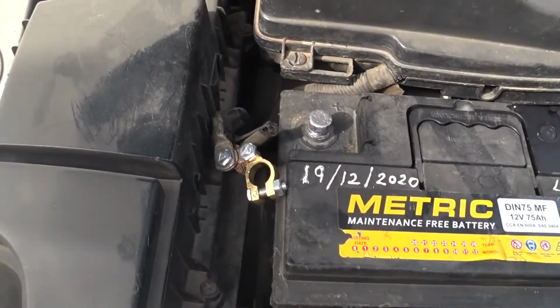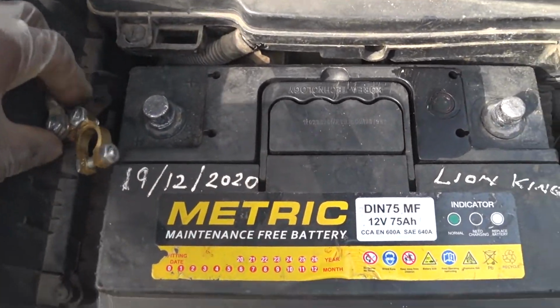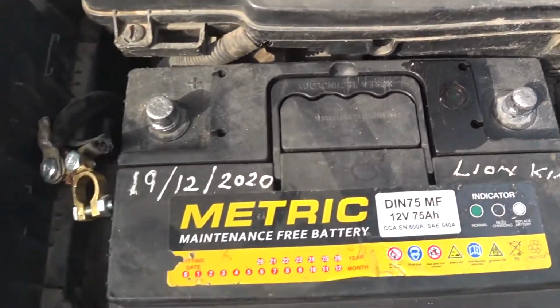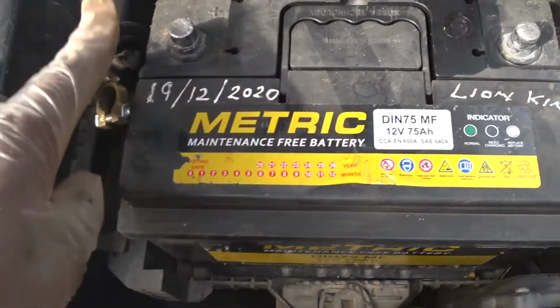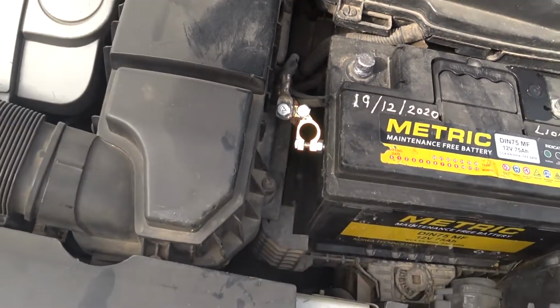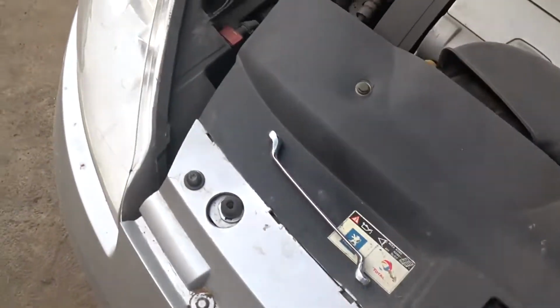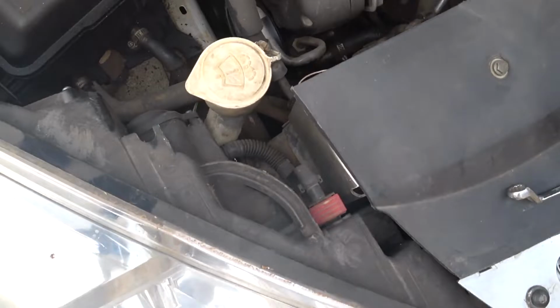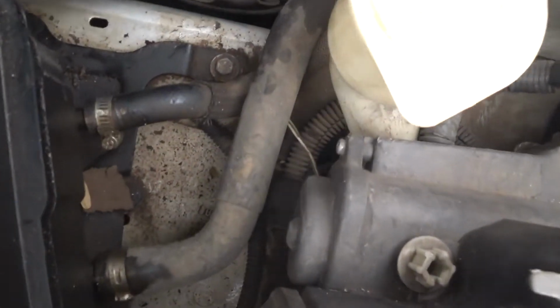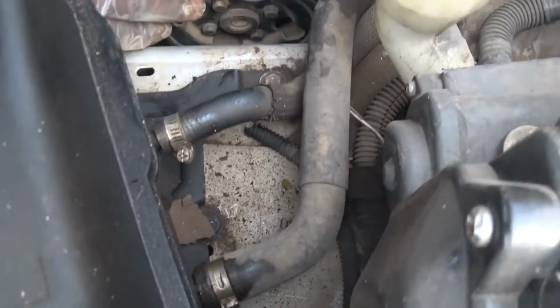Okay, so the first thing you do before you start the work is disconnect the battery terminals. One is enough, but personally I prefer to disconnect the two terminals. And then you need to remove this. So you're seeing this is the